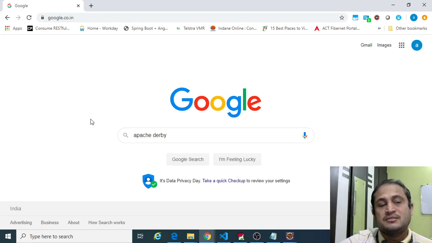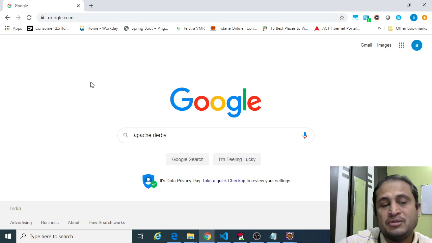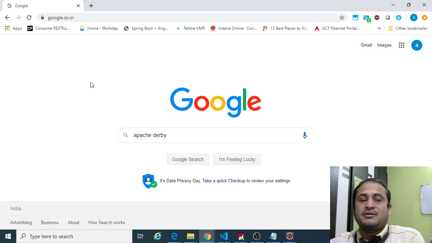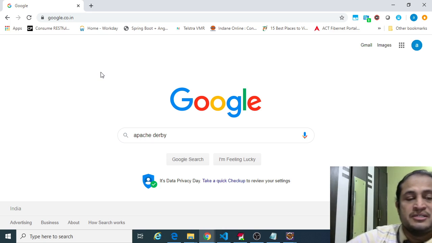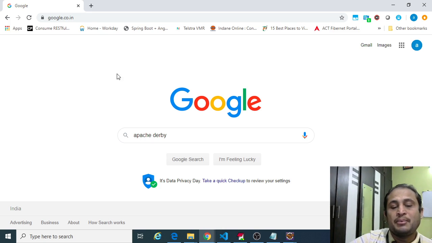In this class, we will see the Spring JDBC, how it can be configured. Before doing that, I think we need to configure the database. So the database I have chosen for our tutorials demonstration is Apache Derby. I chose Apache Derby because it is a very lightweight database, very easy to configure, and we can easily create tables and update the data.